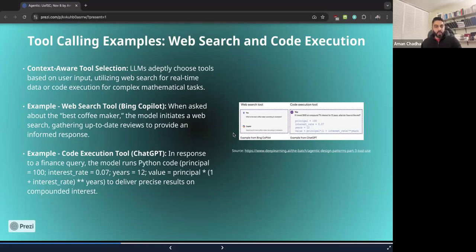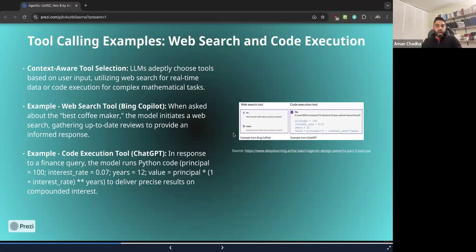So this follows along from that slide, where based on user input, the LLM figures out that it needs to do a web search to gather some real-time data, or to execute some code, if you've asked it to, say, carry out a mathematical task that it's not good at out of the box, or if you've asked it to just write code for a certain use case, it understands that it needs to use the code interpreter to verify some of its generated code. So that is the context-aware tool or API selection part of this particular piece.